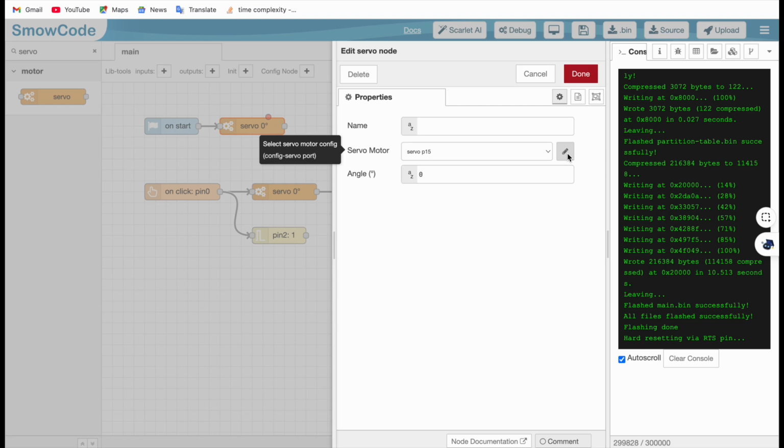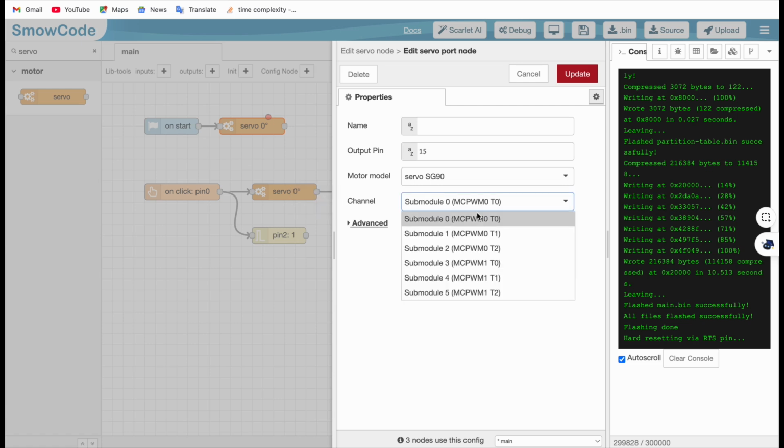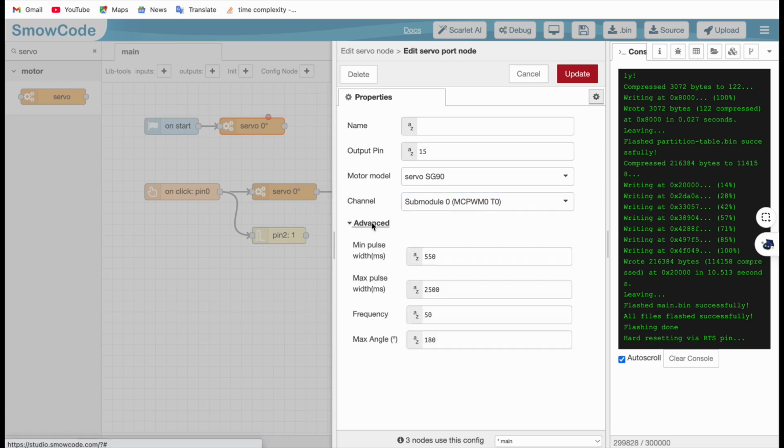If we go into the config properties, we can see that you need to choose the output pin. In this case I have chosen output pin 15, and you can choose the motor model. So the most commonly used is the SG90 and I'm using that, so I've chosen that. And then there are different channels you can choose for the servo motor. I have just chosen the submodule 0 for now, and if you go to the advanced, then you can set